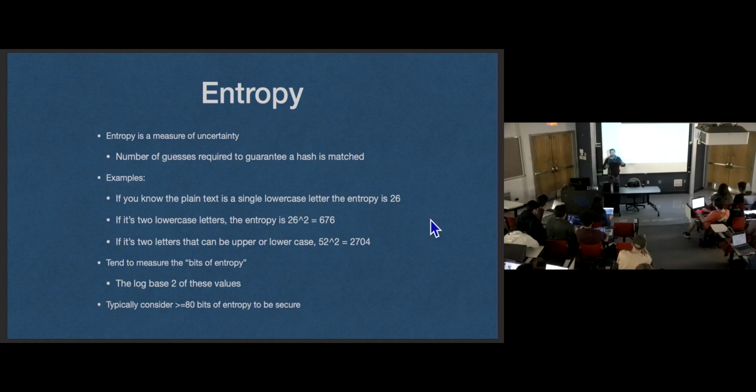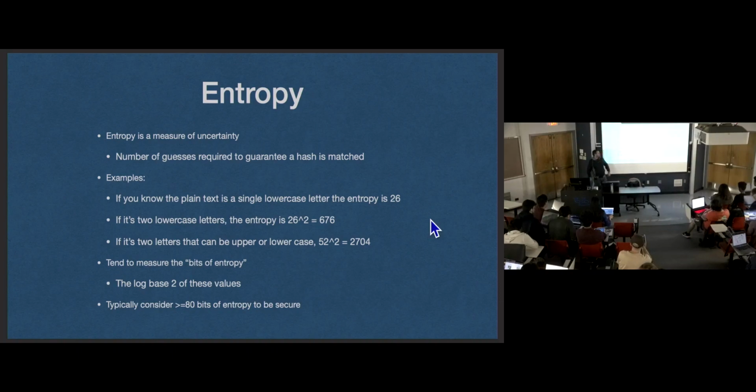So if they know certain properties about your password, say they know that you have a one single character password and you're only using lowercase letters, in 26 guesses, they're going to get your password. At worst case, it's the last guess that they had. If you have 2 lowercase letters, it starts to grow pretty quick, literally exponentially, and they got 676 guesses to